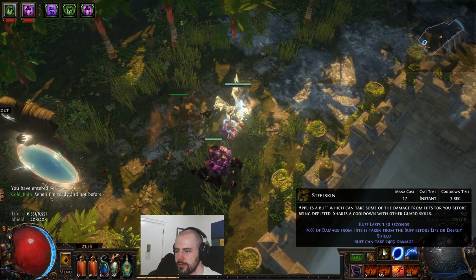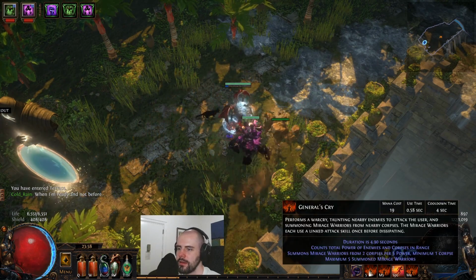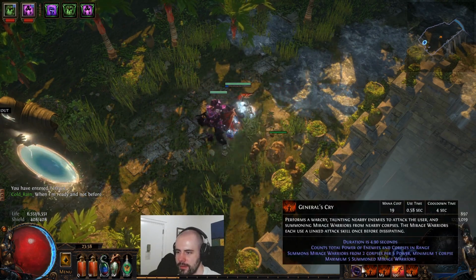So there's a bunch of other bells and whistles like Steel Skin on Walk. I had General's Cry. Don't worry about this. This is getting nerfed anyways, but